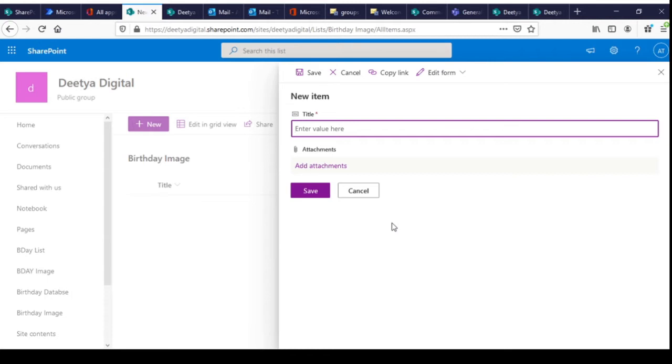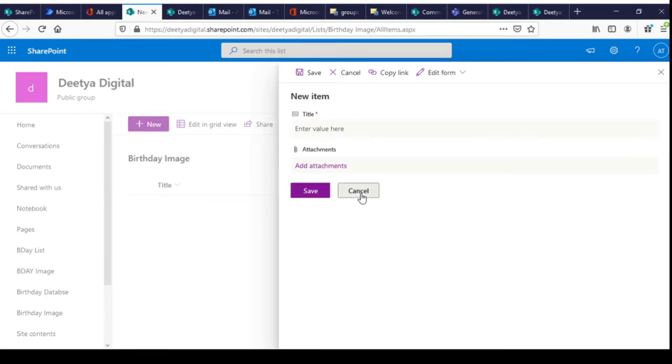Whether you are going to use JPG, GIF, whatever kind of image you are going to use, you need to make sure that your attachment name and the title matches, and it should be a number, and it should not contain any character.